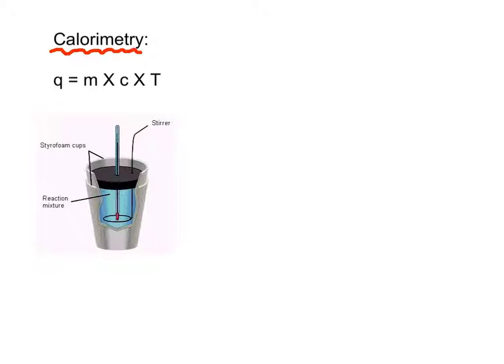A few things that you want to make sure that you're aware of. I want to go through the parts of the calorimetry equation pretty carefully. First is this Q. Q is the energy that is transferred, and transferred to the surroundings. We're going to talk a little bit more about that in a bit. So let's say this is energy transferred,